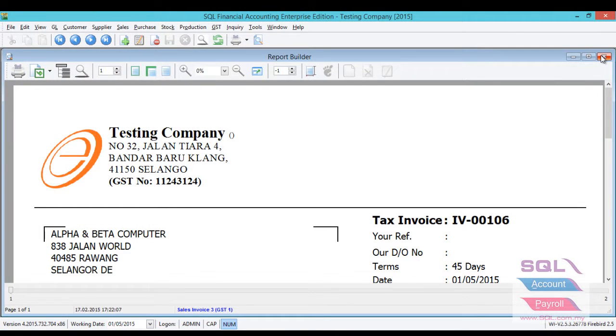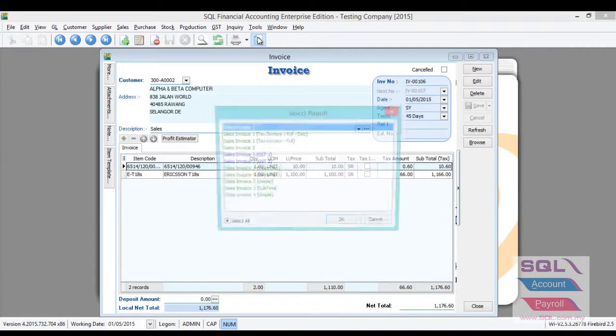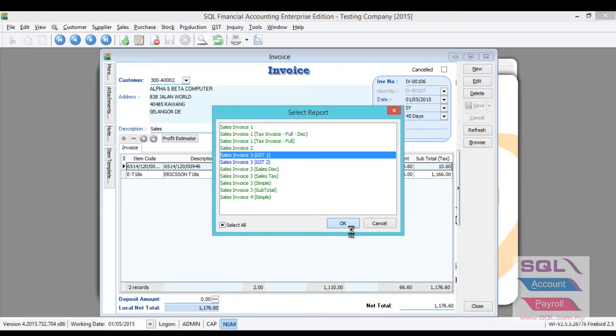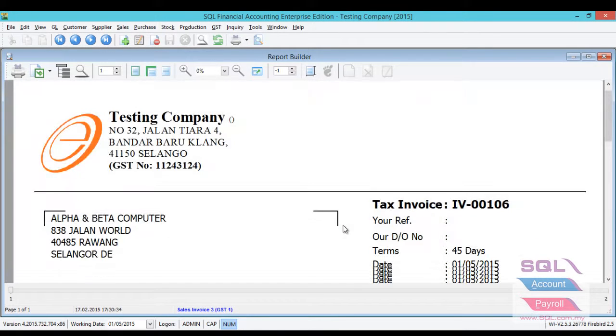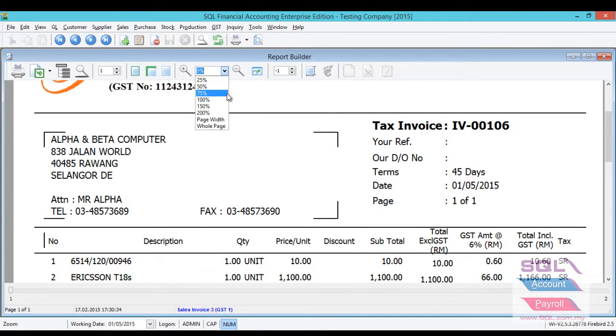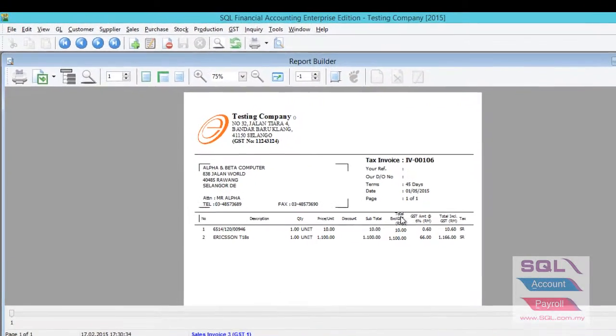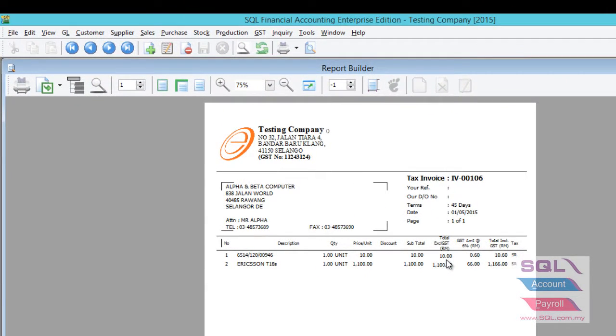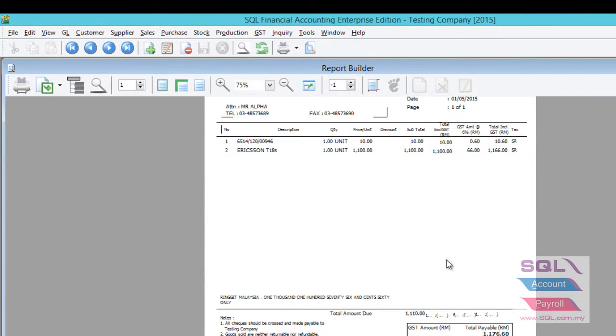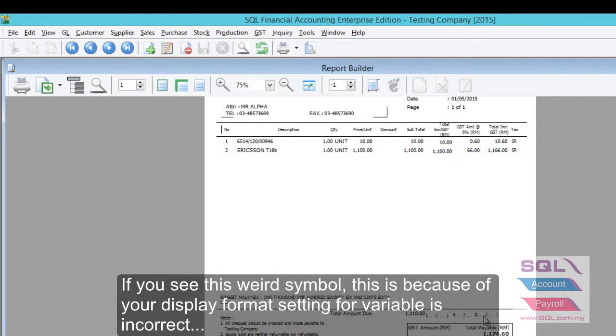Close the report, close the preview screen. Let's preview to choose the report again. So now we scroll down. As you can see, the label is added and the information is shown. So once we preview, as you can see, the variable now is showing some symbol